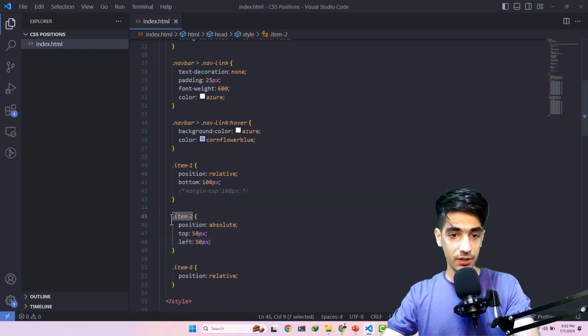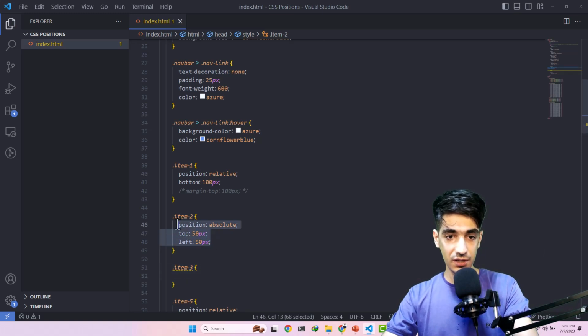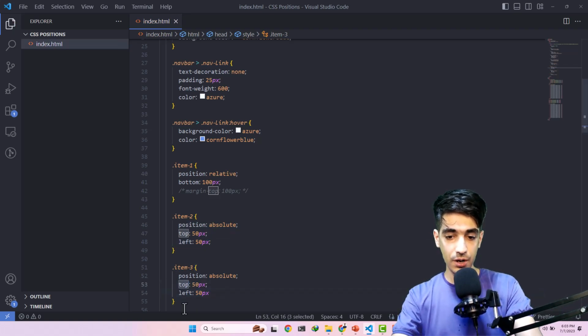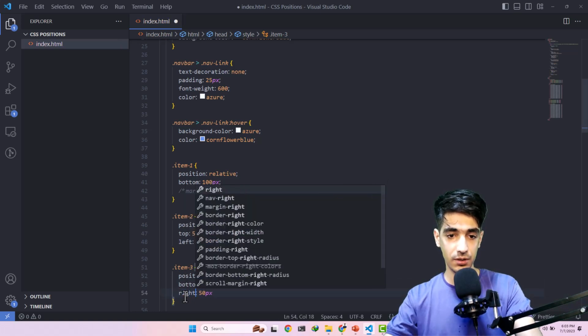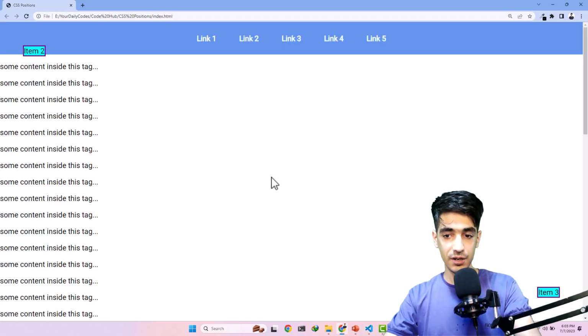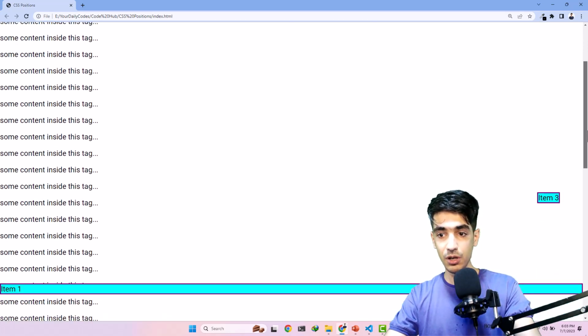For example, for item 3 that we have, let's use position absolute and position fixed here. For example, we use bottom and right for this one. Okay, so let's come back here, hit refresh. So this is item 3 that we have. It's from the bottom and right. As you can see, now that we scroll, item 2 will be left behind. See, item 2 is left behind, but item 3,